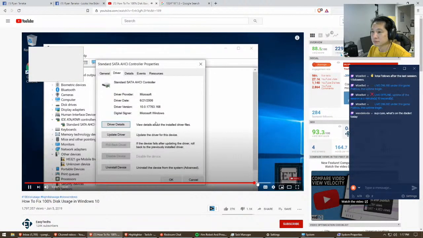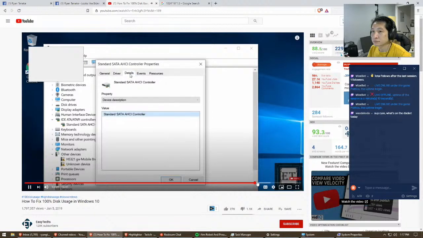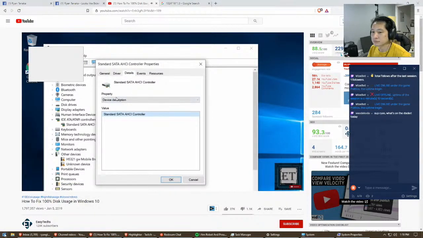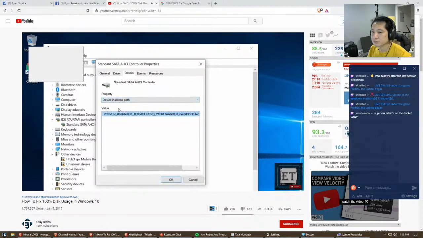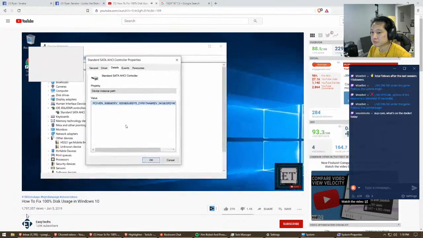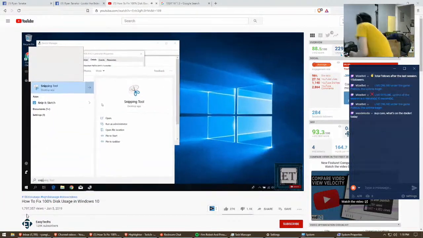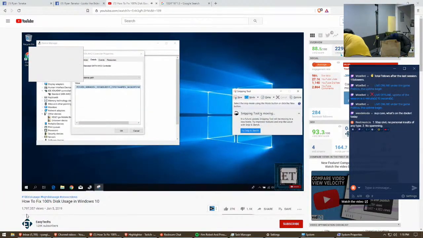Now close this and go back to the controller properties window. Here click on Details. Then under Property, use the drop down to select Device instance path. Then you should have a value like this. Here you should take note of this value. I gotta come back, I will just use my snipping tool to